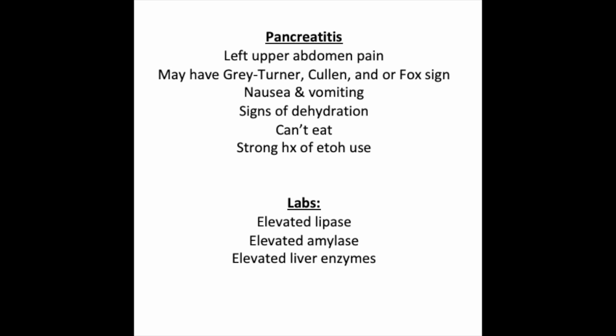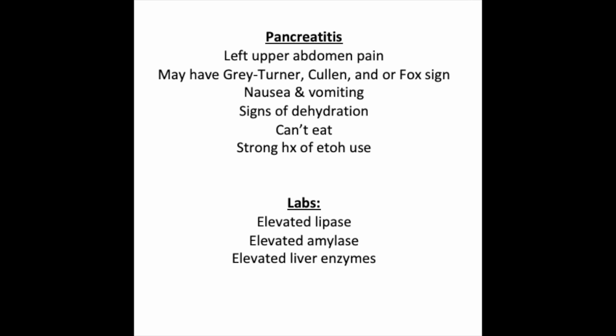These individuals also have nausea and vomiting. That's actually very common, especially if they try to eat anything. They're going to throw it right back up. And because of this, they often have signs of dehydration. They may have skin tenting. They may have dry mucous membranes. These individuals just can't eat. They can't keep things down. They throw it up. These individuals often have a history of alcohol use, and so this is one